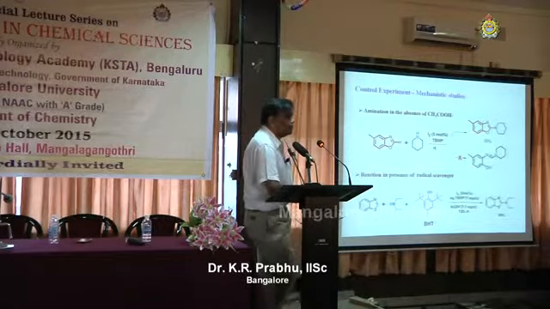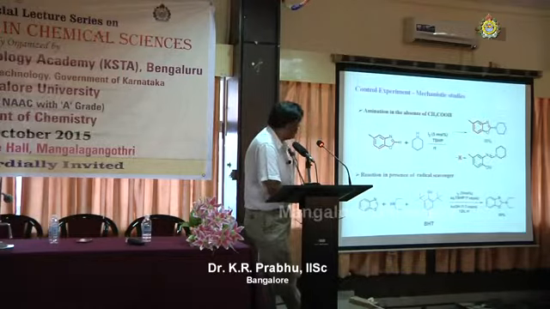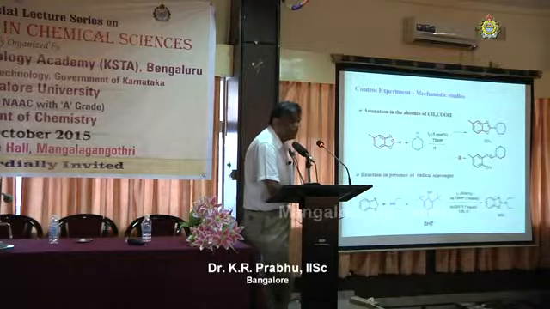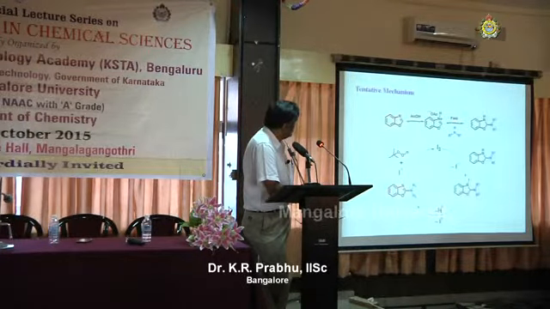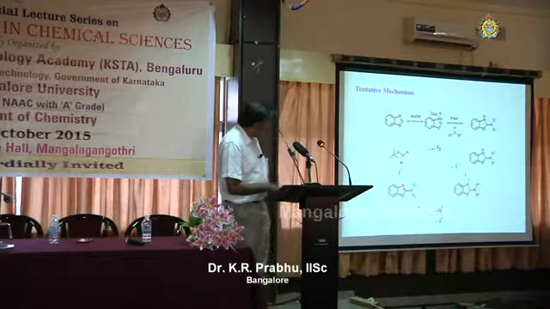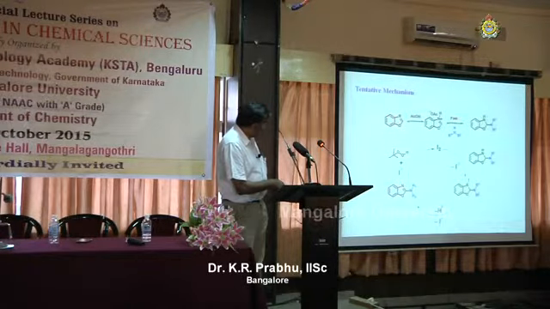Generally, we do some control experiments to see whether the reaction is going through a radical or ionic pathway. Therefore, we sometimes use radical quenchers, radical initiators or radical inhibitors. Nothing happens to the reaction in the presence of BHT, which is a radical scavenger. And here we thought it may be going through an imine, but that did not form the product. Then based on that, we came across a tentative mechanism in which iodine formed the corresponding N-iodo species. That's what we believe, and ultimately it formed the corresponding product.